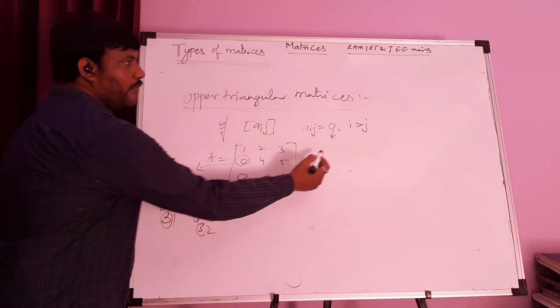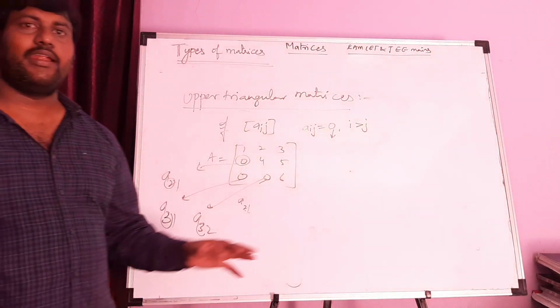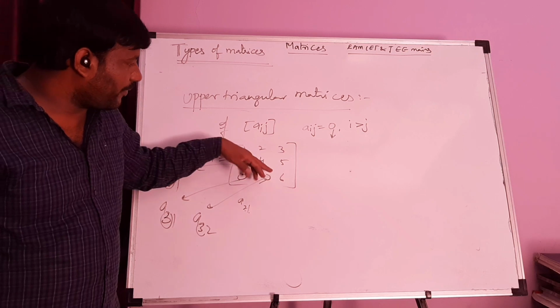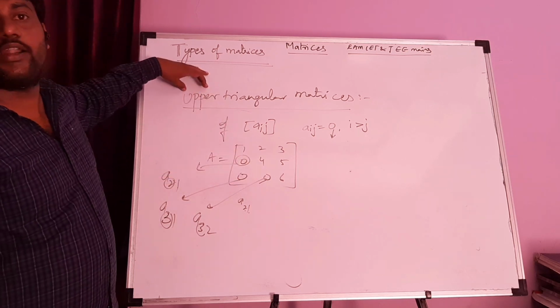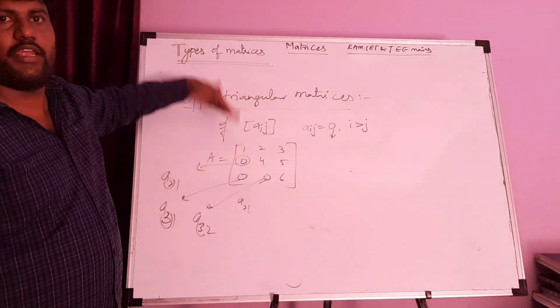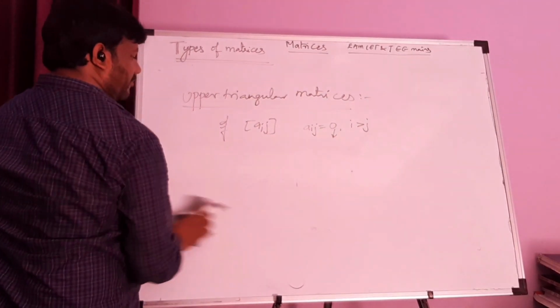So where i is greater than j, the elements which are zeros, in such a case we can say upper triangular. Simply, the matrix in which the elements below the principal elements are 0 will be called an upper triangular matrix. Opposite this, below zeros is upper, above zeros is lower. So simple. Next we go for lower triangular matrices.